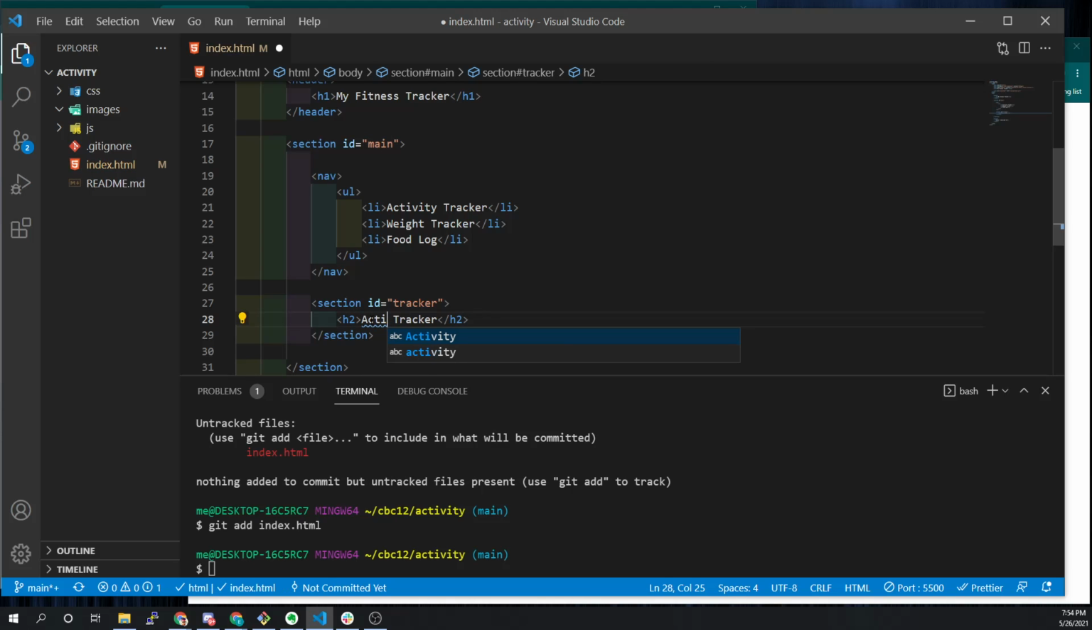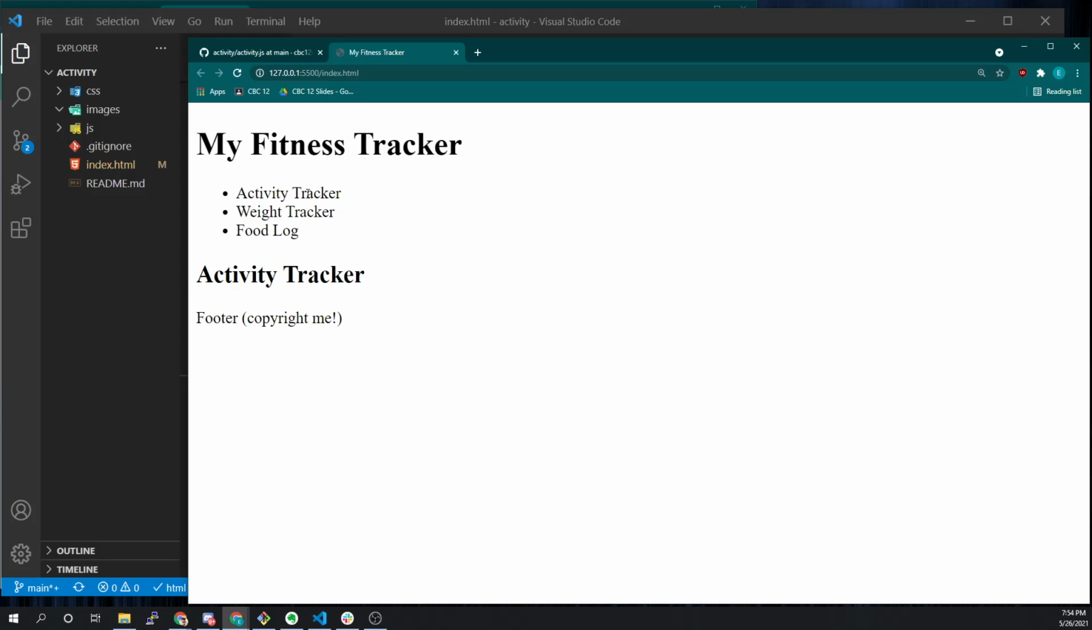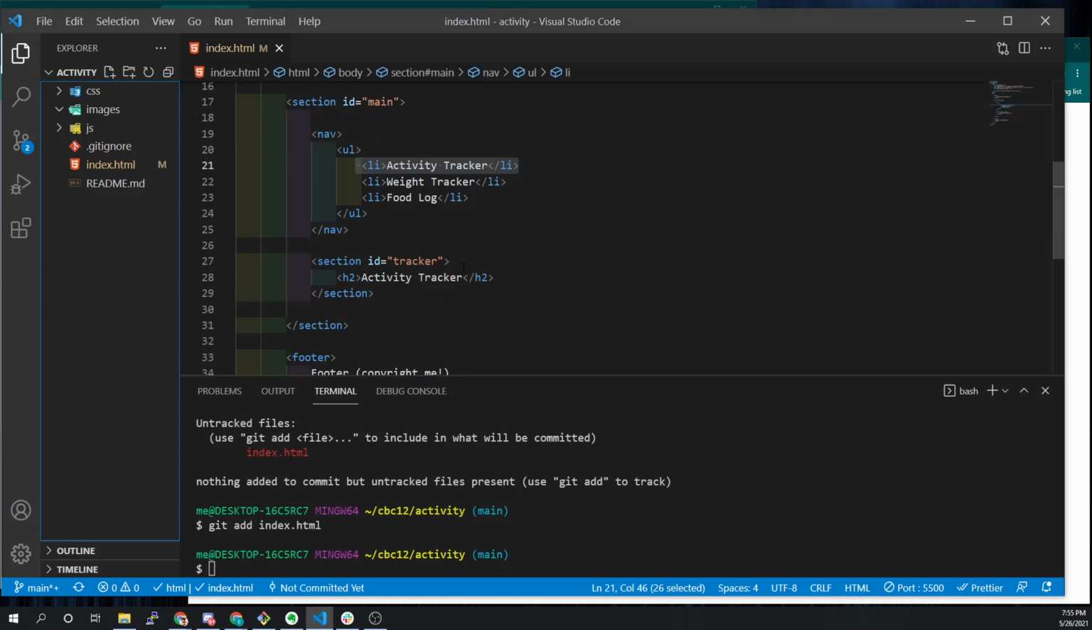Activity tracker. Because as we're building this site for the first time, we're kind of making the assumption I'm on the main page, the activity tracker. So if you can imagine this is a list of links, this one is already clicked. I'm here, and I'm not on this page. I'm not on weight tracker or food log. Okay. And then probably I'm going to want to have,